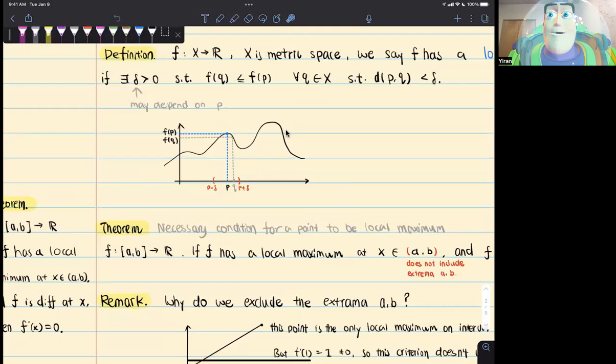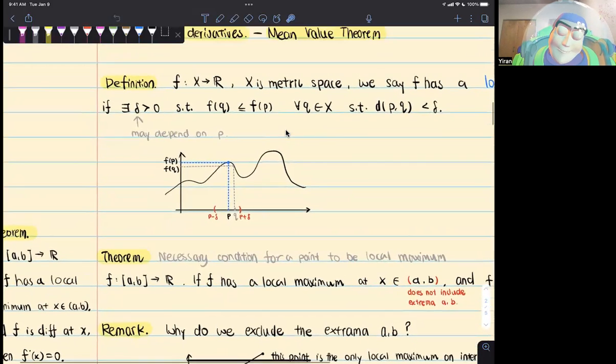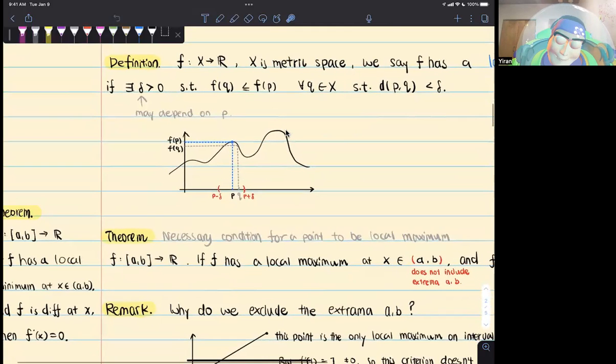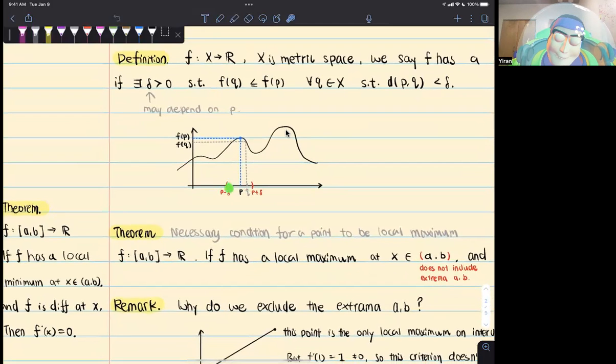And that's exactly what the geometric interpretation here is saying. So if we have a function f, and then here we have a neighborhood, p is the local maxima if there exists, notice the quantifier here, there exists a delta, which means there exists a neighborhood